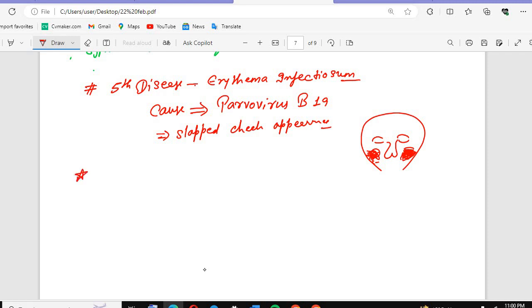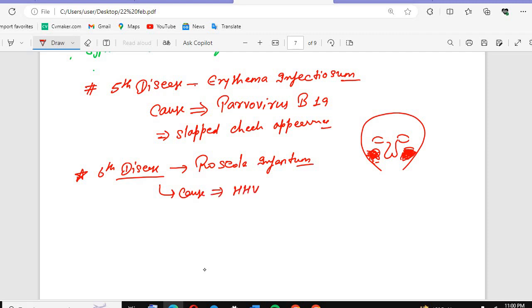Then we have another one, that is the 6th disease, and 6th disease you need to remember, that is the roseola infantum. See, the roseola infantum, what is the cause of that? The cause is HHV, human herpes virus. Which one? 6 and 7. The human herpes virus 6 and 7 cause the roseola infantum, and in that condition we see there is a